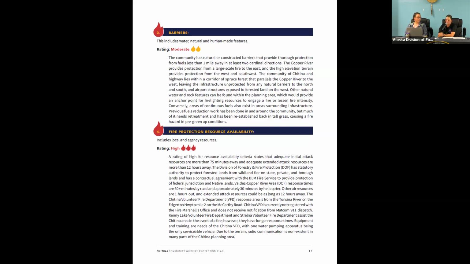willows, and that suppresses fire. They will still burn, but it's not as flammable, and it provides moose browse. However, what's grown back in Chitina in a lot of the areas that have either been cleared or at one time treated is the dry grass component that we were talking about. That is really a major issue that we'll need to address.